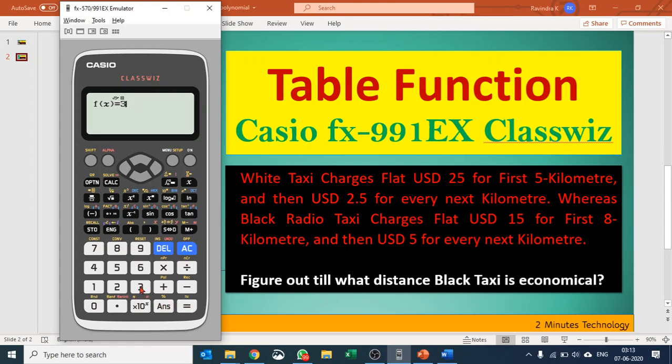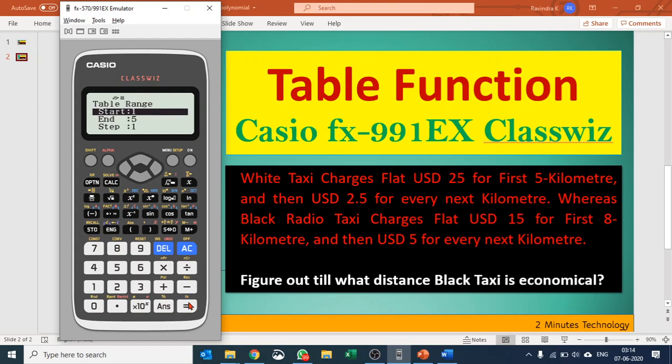So our first equation would be 32.5, that is the flat charge, plus they're going to charge 2.5 for every next kilometer, so I'll say 2.5x. That is my first equation, and I can put in the second equation here, and my second equation would be 15 plus 5x.